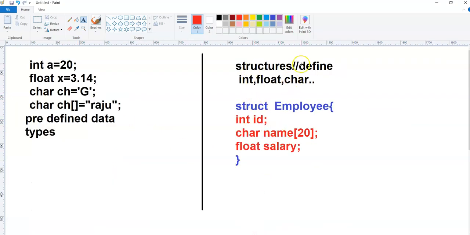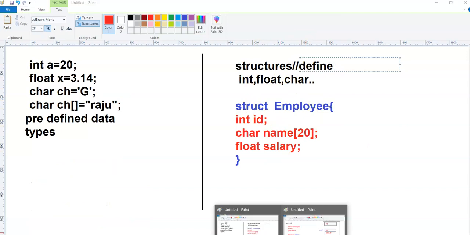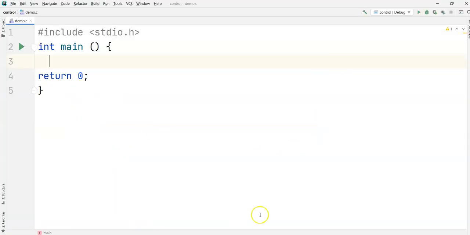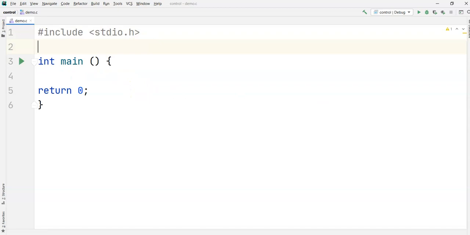This is a user defined data type, where you define the structure and you store the values for that structure. So let's write one example here. To create a structure, before the main function, I use struct as a keyword. Struct is a keyword.